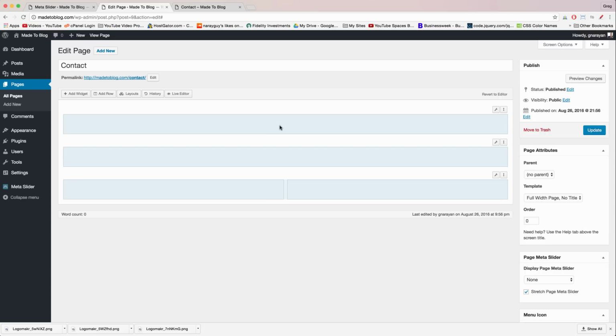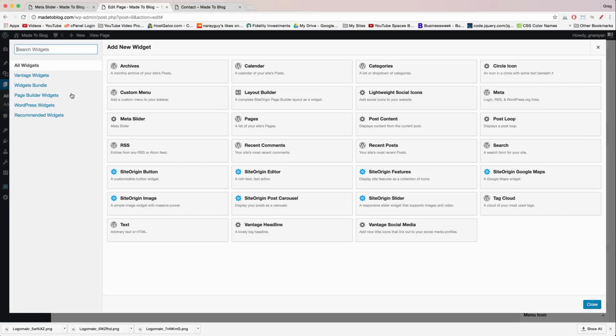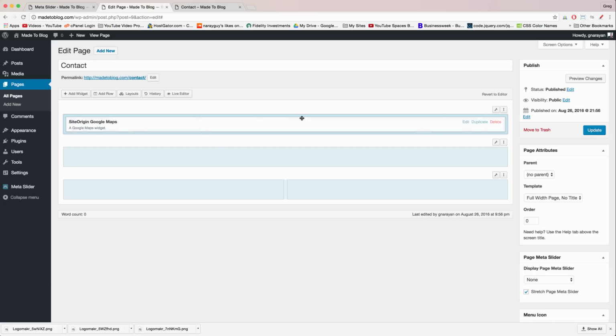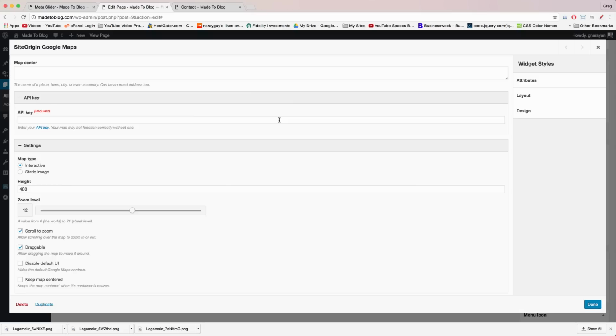Excellent. In our top row, we want a Google map. So click to highlight and click add widget. And then just choose the blue gear and site origin Google Maps to use yet another widget from our site origin widgets bundle. And once you've inserted it, click to open. Alright, and it says in red we need an API key. So let's take care of that right away. Site origin will link us to the right place. We can just click this blue link